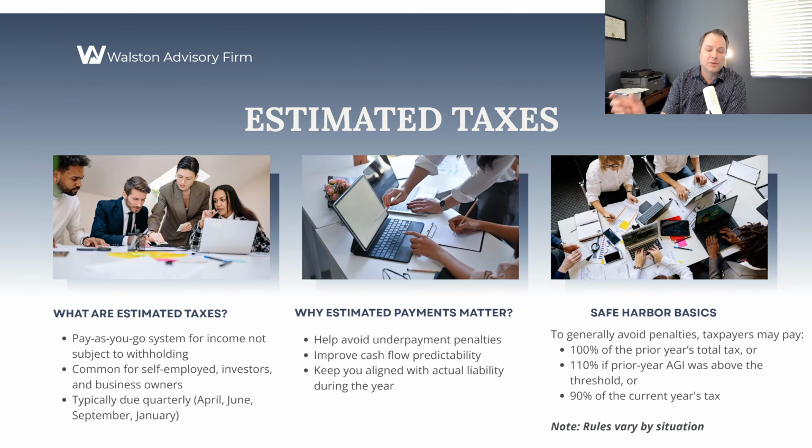The biggest thing with those safe harbors, though, is they're real easy to do when you have the same income year over year. If you do not have the same income year over year, then it becomes a little bit more complicated tax planning situation, where you might need to talk to us and figure out, okay, do I need to pay more? Do I need to pay less? If you're expected to make more income, some of our clients are like, well, I'll just pay the estimated tax payments, and then I understand that I'm going to have a large tax bill due at tax time, but I won't have that extra penalty because I didn't underpay. Sometimes that's okay. Some people like to up their payments as time goes as well. So figuring those situations out if you have variable income is very helpful.